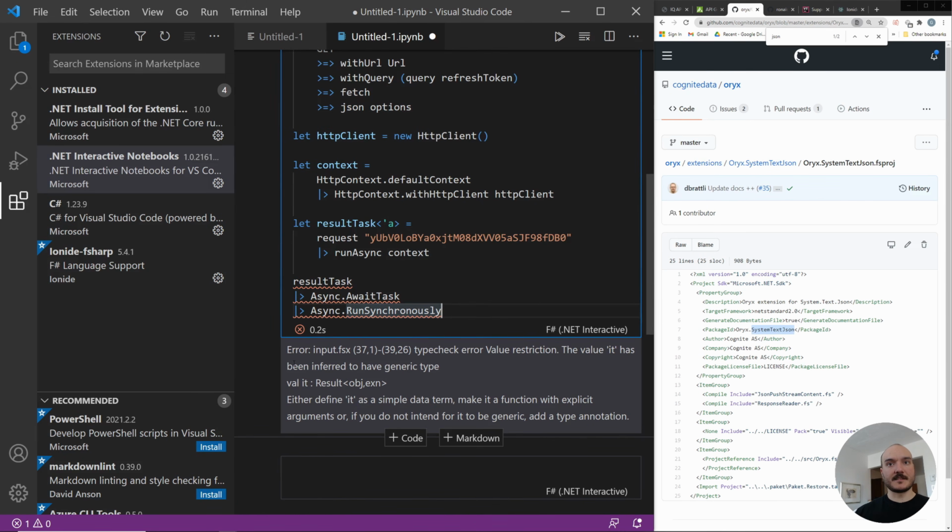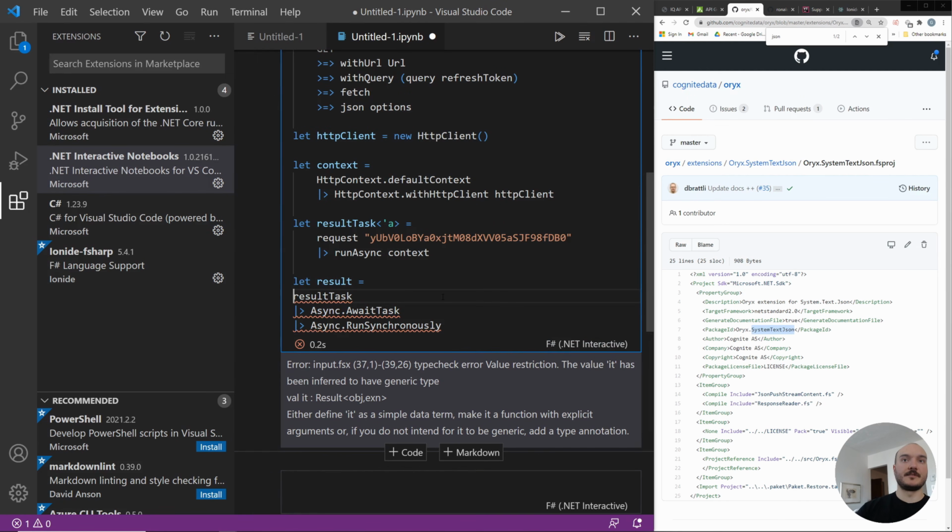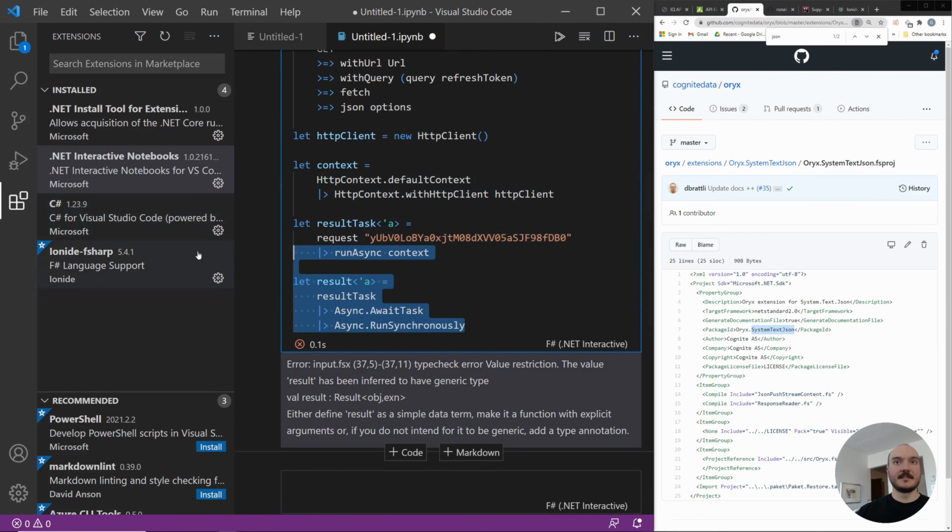The value has been inferred to whatever. Define it as a simple data term, blah, blah, blah. So if I just do let result is equal to all of this, it should be a bit better, and it still needs that. Because I'm not using it, the type reference is having a hard time defining what type it is, so that's why it's bugging